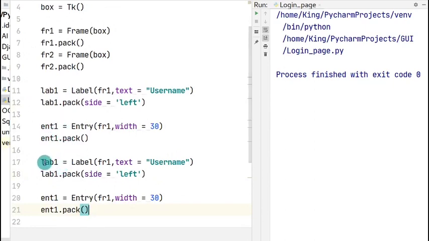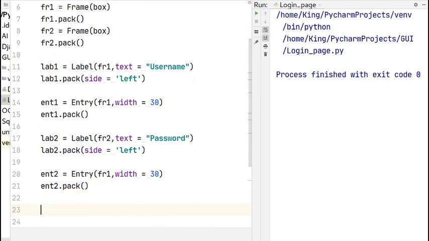parameters. So this should be a label 2 and it will be on frame 2 and the name should be password. And similarly, we have to pack it and this will be entry 2, packed. And finally, at the bottom, we need a button.